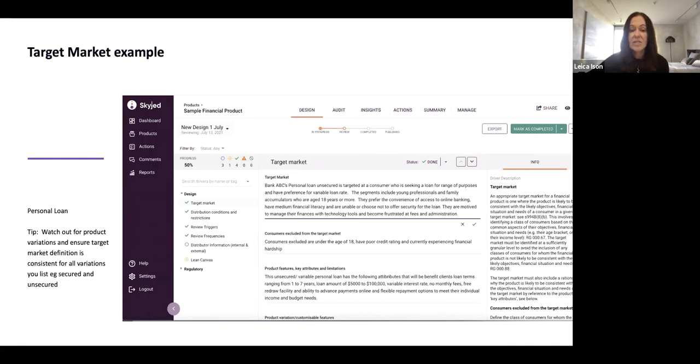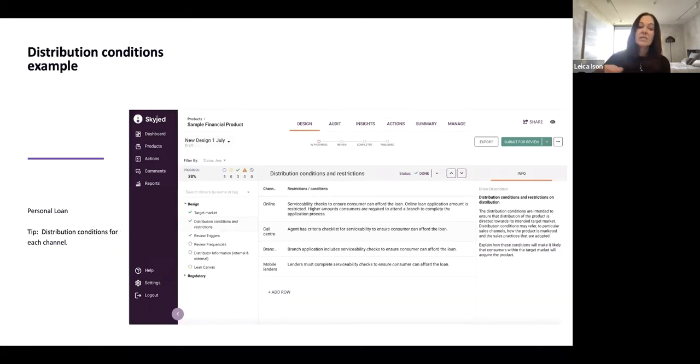So I've taken that first step in the design tab. I've ticked it off as done, that I've completed, and I've documented this first part of the target market determination. Now, the next area, I'm still in this design workspace. I'm using this tool to draft all this documentation in. I'm reviewing it with my marketing team, and then I go to that final stage of getting it signed off by my legal team. But in this next section, I'm listing down those distribution conditions and restrictions.